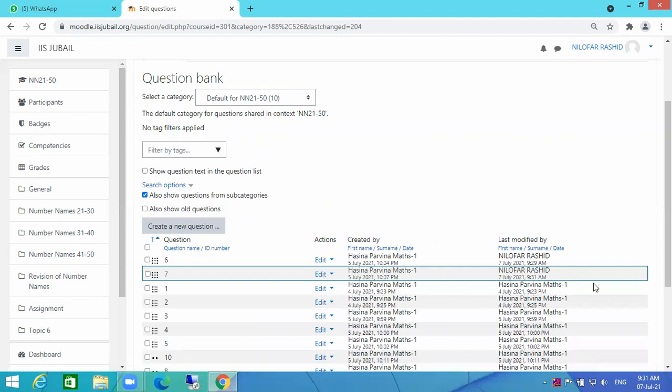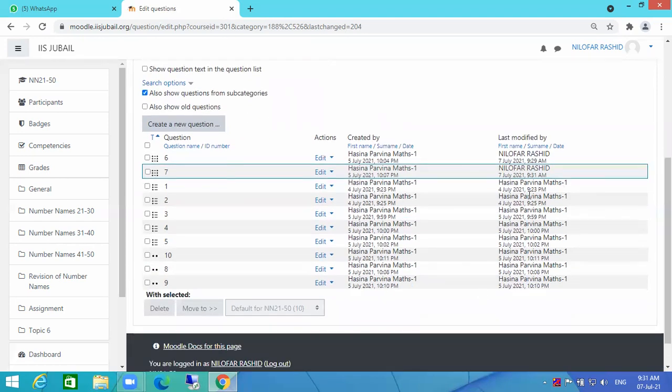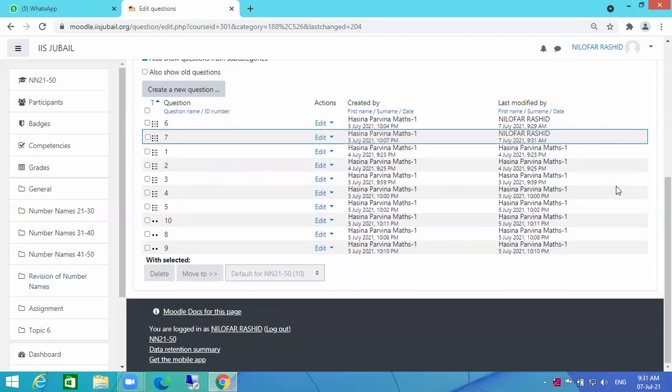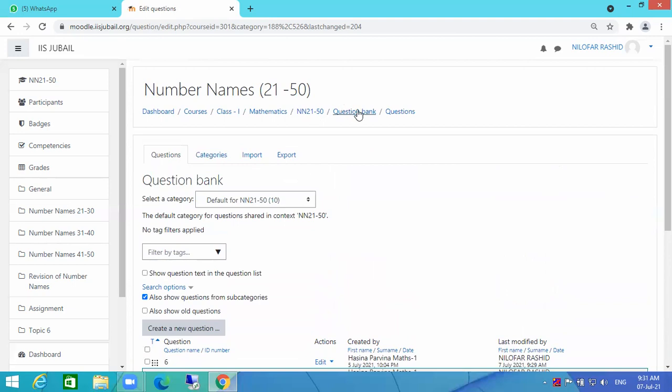See, last access changes automatically here. Though we have not changed anything, it is showing last access by whom. So this is the last access from this particular user. So you can revisit, so that they will also come to know that you're visiting their content, they're correcting the things. Similarly, if you want to go for the next topic, you can go to the next topic and check the other one also.